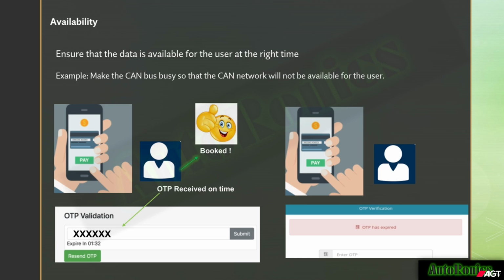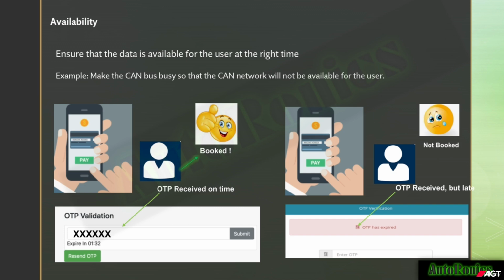So I couldn't book the ticket, because I received the OTP after it had expired due to network glitches in my mobile network. By this we understand that the data, which is the OTP, was not available at the right time